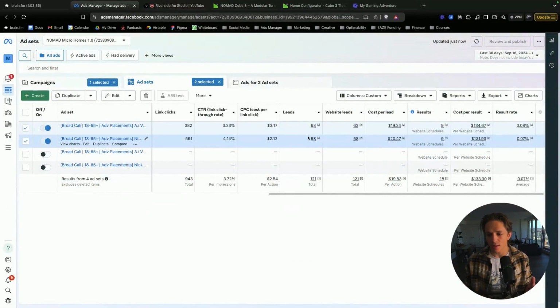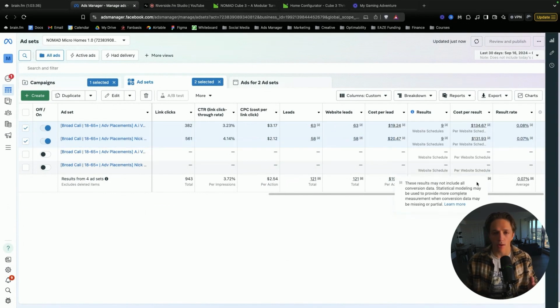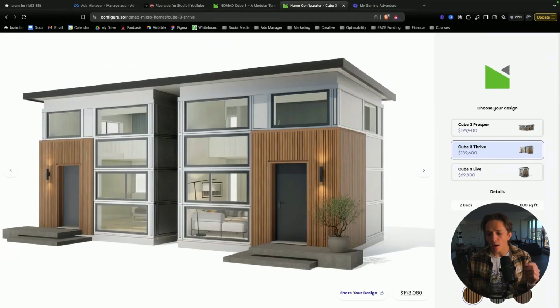Now, as you can see here, this is the ads manager account, and we're averaging a $133-ish cost per book call Canadian, which is about $100 US for a $139,000 offer. This offer is $139,000 and we say the price in the ad. But despite that, we're able to get $100 Canadian or $100 US cost per book call because of how we